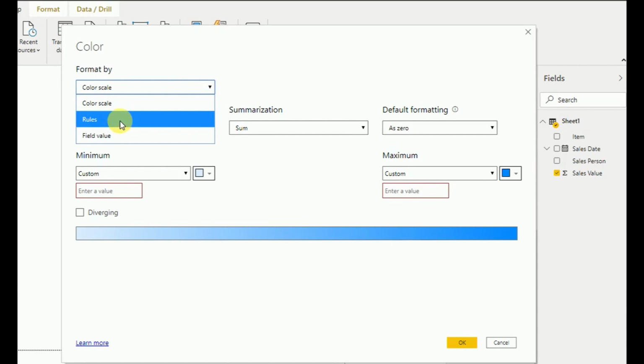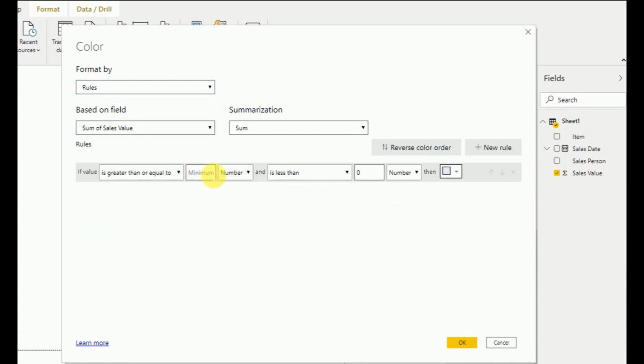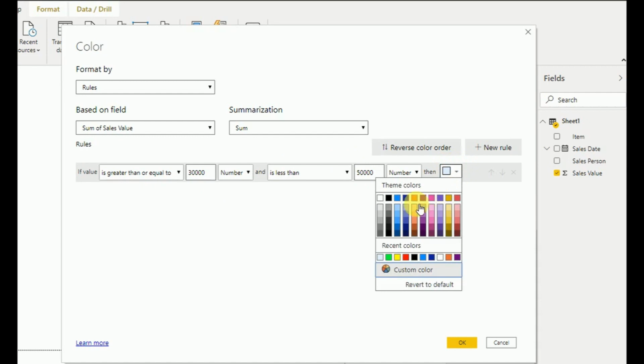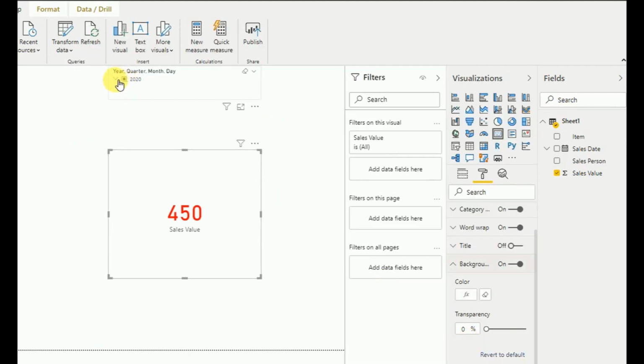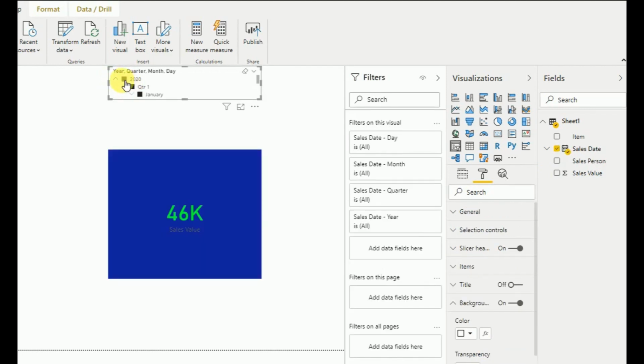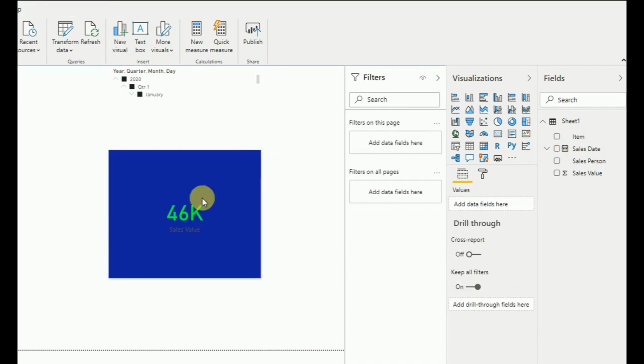Here I create a rule greater than 0, let's say 30,000, and less than 50,000, then show the color as blue. I'll say okay, and here I will select everything. As you can see now, if our value is greater than 30,000 and less than 50,000, our background value also changed.